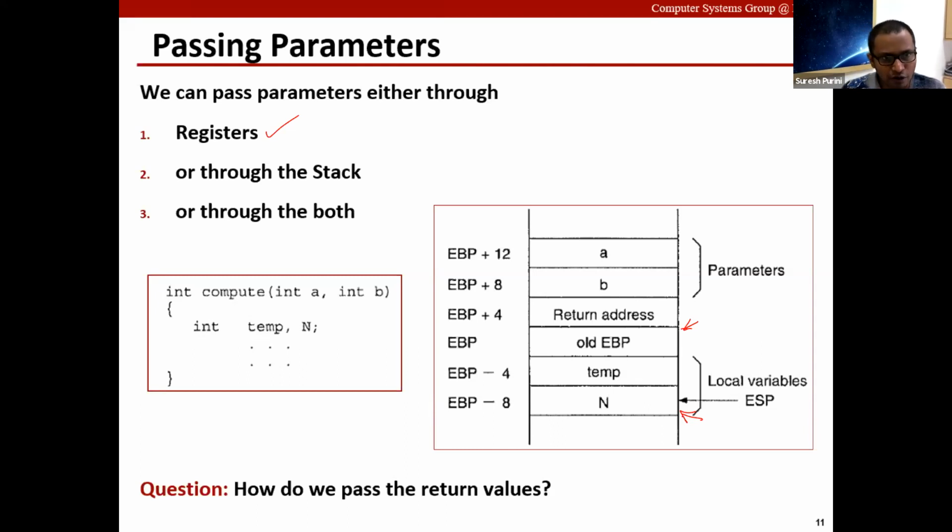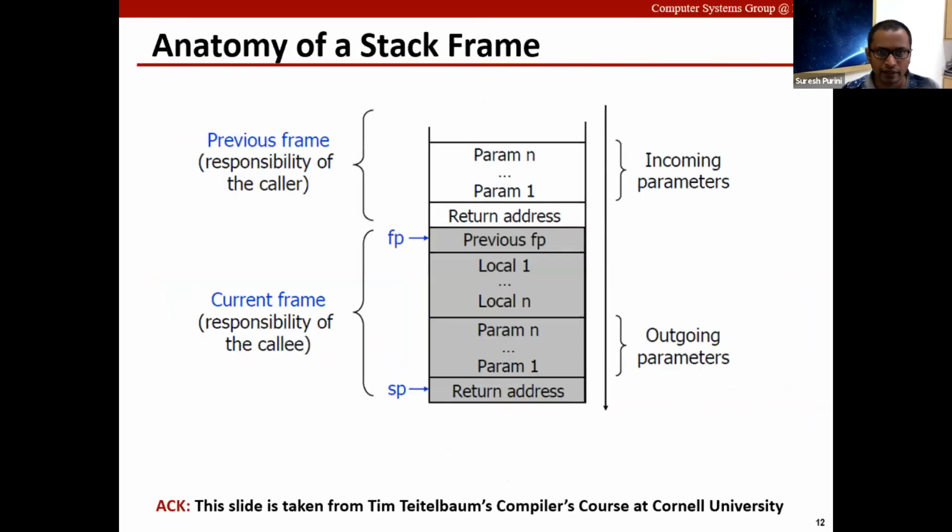So usually if the number of parameters is less than 4, you don't see usage of the stack to pass these parameters. And the return values are again typically passed through a register. For example, if I am right, the return values on an x86 64 architecture on the Linux operating system, with high probability, we have to check the manual, are passed in the EAX register.